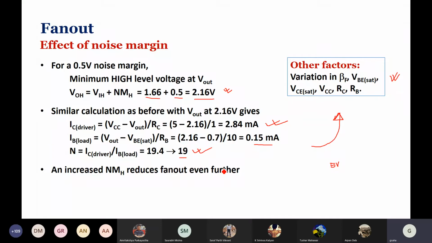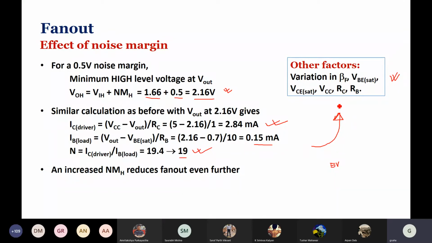How good is this one? Then basically we're talking about 4.5 volt to 5.5 volt, if it is plus minus 10%, depending on what power supply you are using. Then again, you have to pick the value in that equation that gives you the lowest number. Similarly, RC and RB, you have considered to be exactly 10 kilo ohm and 1 kilo ohm, but there can be variation also, right? And the variations may not always come into the calculation in a manner where one cancels out the other.